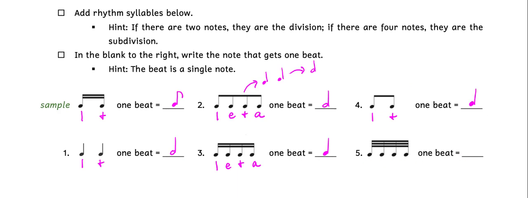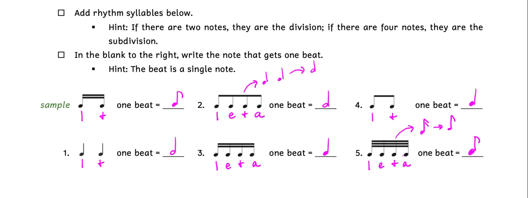Number 5 is a subdivision. So we go 1 e and a. Note value twice as long as a 32nd is a 16th, and a note value twice as long as a 16th is an 8th. Therefore, the 8th note gets a beat, the 16th note is the division, and the 32nd